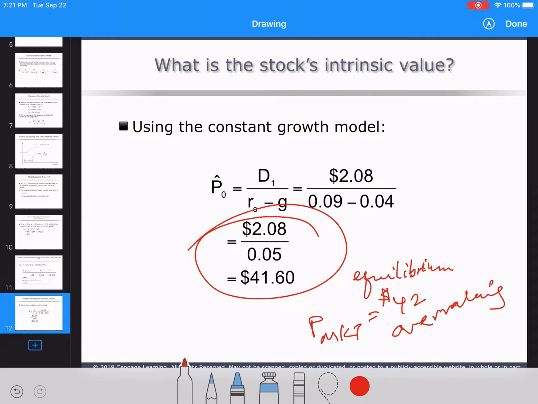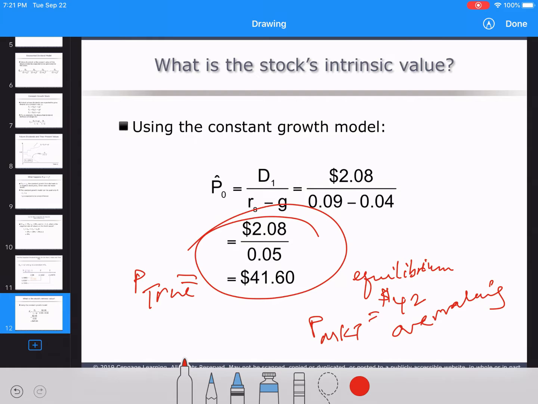People will go away from the stock, right? Because this value is the true value. If the true value is 41.60 and the market value is 42, the market is overvaluing it, and people will be selling that stock, and the stock price will go from $42 to